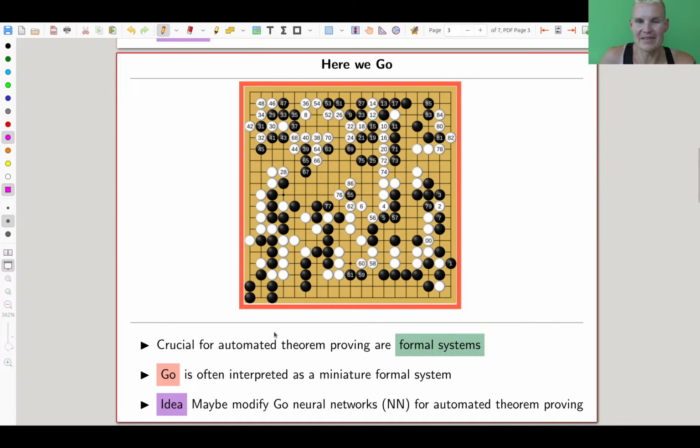And essentially, this was the starting point of thinking about Go. A lot of people think of Go as a formal system, and formal statements are very crucial for automated theorem proving. Go is like this miniature formal system, so what should be good at Go should also be somewhat good at theorem proving. Yeah. So the classical Go was run on a convolutional neural network, but the modern versions are more